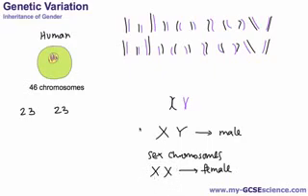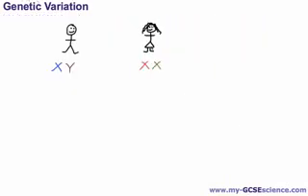Now that's important to remember. So all males have X and Y, all females have X and X. But how does that help to determine whether a baby is going to be a boy or a girl, or what are the chances of getting a boy compared to the chance of getting a girl? Well, let's have a look at this little couple here. They are trying for a baby, and as we know, the male has X and Y